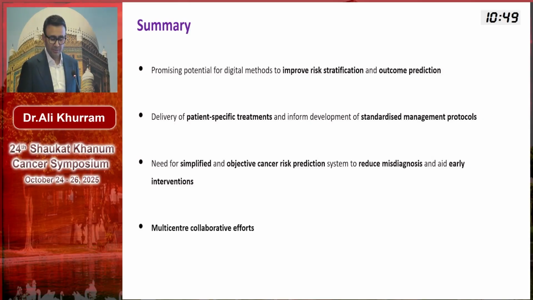In terms of the risk prediction and variations between pathologies, we can try and overcome some of those challenges. We can develop early interventions as well, and perhaps we can identify some of these cancers before they even develop. But as you can see, the AI or computational work is very heavily dependent on data. So the quality of the data from multiple centers, but also expertise from different backgrounds, whether it's computer science, pathology, oncology, etc. You need to come together to develop tools that are actually useful for patients.